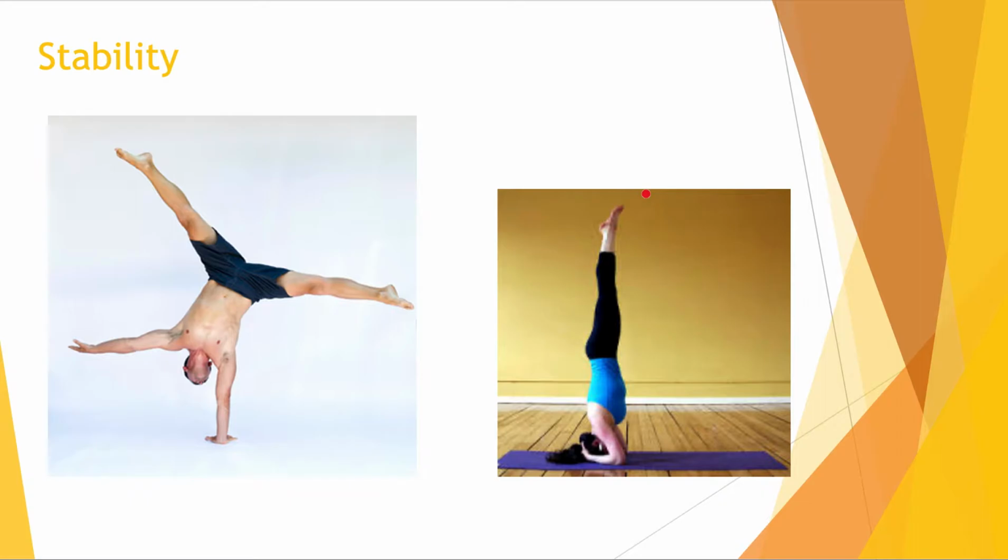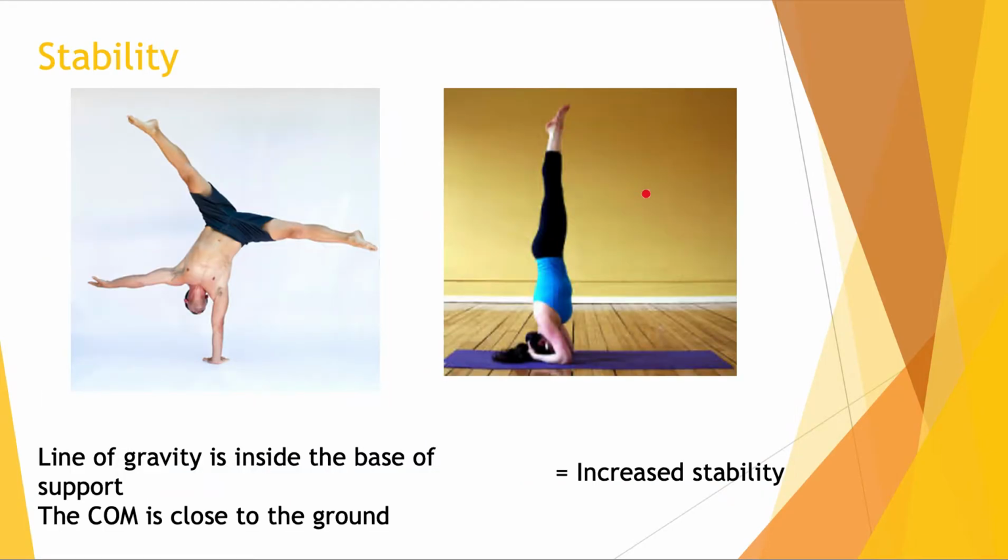Again, if you consider which picture you would think would have the least amount of stability. So hopefully came up with this one. Obviously in the second picture, the line of gravity is now inside the base of support. In this picture, I would say the centre of mass is about here. And so the line of gravity, that imaginary line straight down, which is where we draw weight, is falling outside the base of support. The base of support here is obviously the hand. So with the line of gravity outside the base of support, we've got a reduced and low amount of stability here,